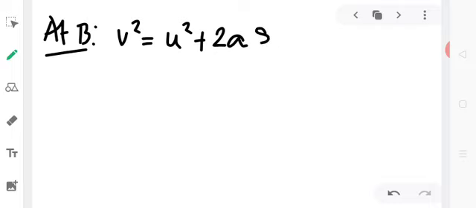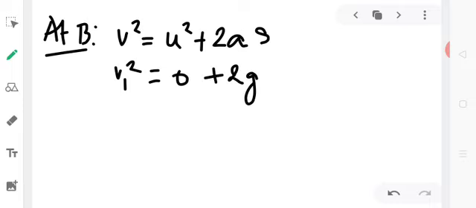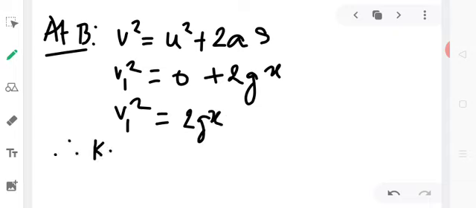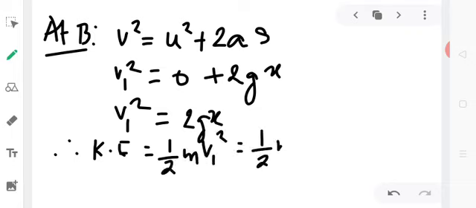Substituting the values, the velocity at point B is v1, so we can write down v1 square. The initial velocity was 0 and the body has fallen through a distance x. So we get v1 square equal to 2gx. Therefore, kinetic energy at B is half m v1 square. It is equal to half m into 2gx. 2 and 2 get cancelled and you get